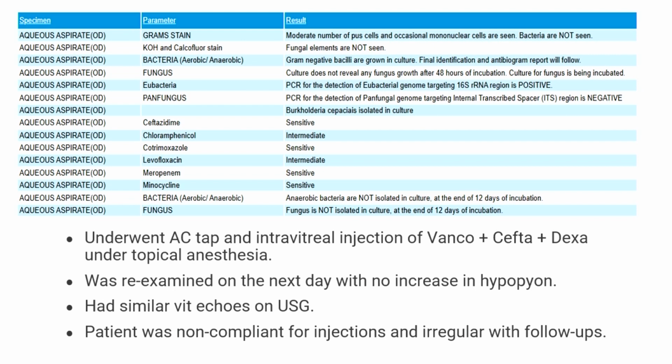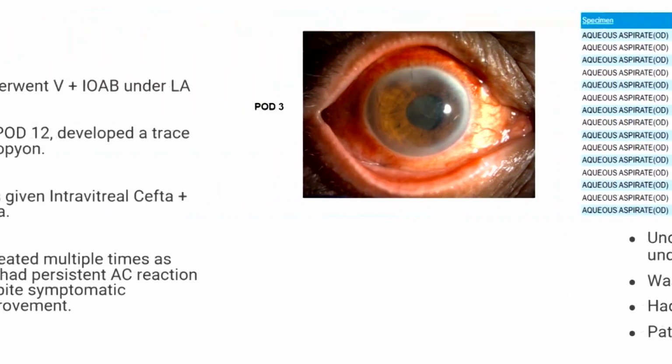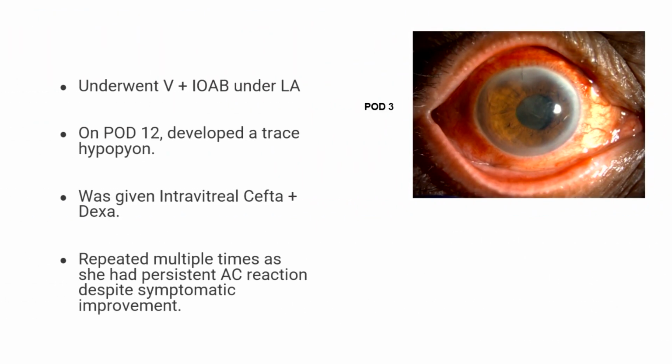There was no increase in hypopyon, and the vitreous echoes were also similar. But as the patient was very scared of intravitreal injection, she was given an option of vitrectomy. So on post-op day 4 of cataract surgery, she underwent vitrectomy with intraocular antibiotics. She was doing fine. This is the post-op day 3 image after the vitrectomy, showing clearing of the hypopyon and